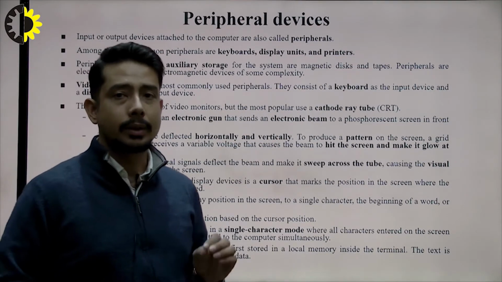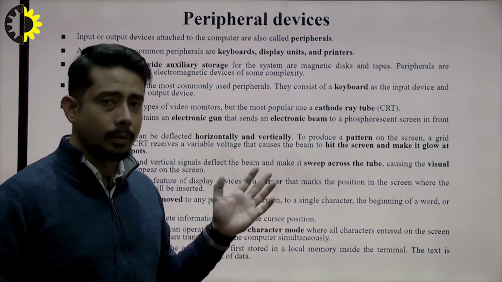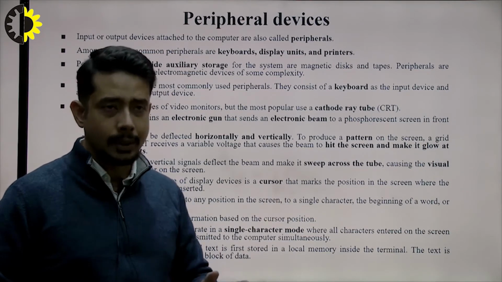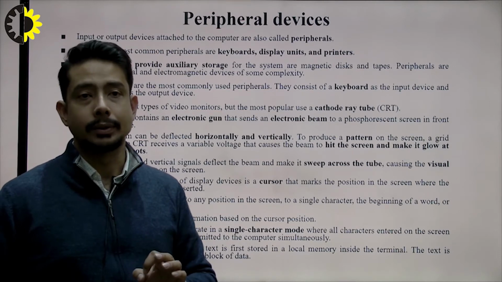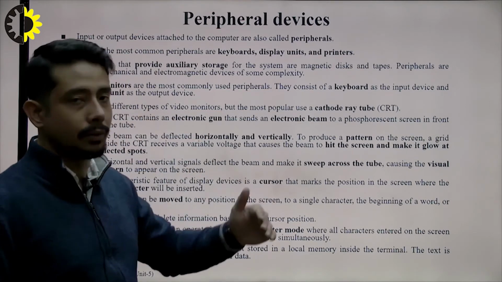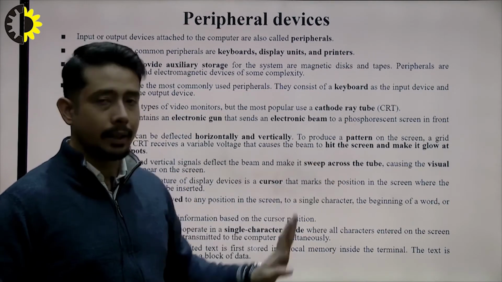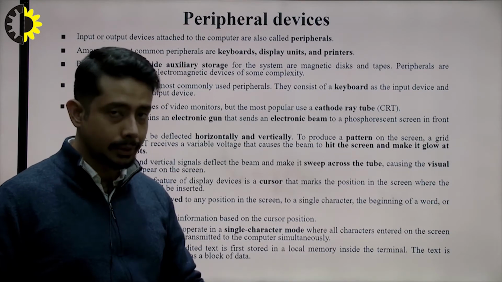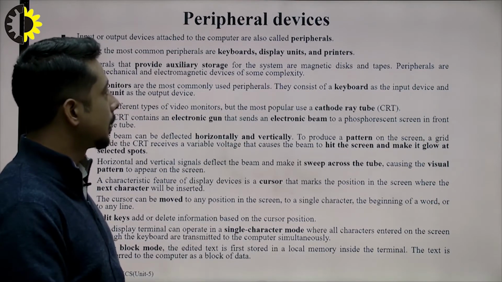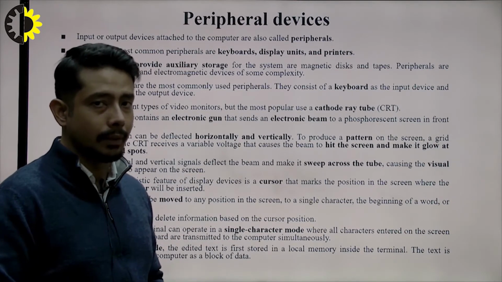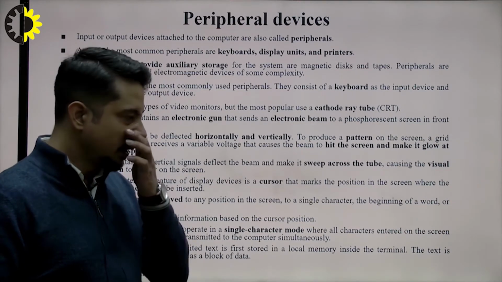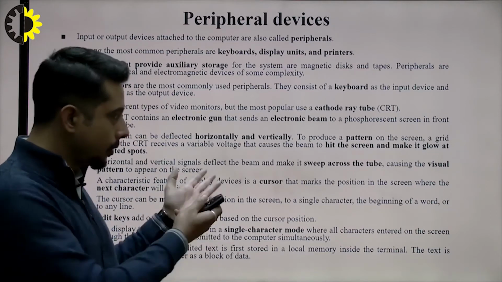Okay, so generally these peripherals, magnetic disk and magnetic tapes, are nothing but electromechanical and electromagnetic devices, and these have some complexity. So we'll be discussing magnetic tapes and magnetic disk later on. But this is a little bit about the different types, or different examples, of peripheral devices. Okay, next comes the one which is most commonly used. Now you are using it.